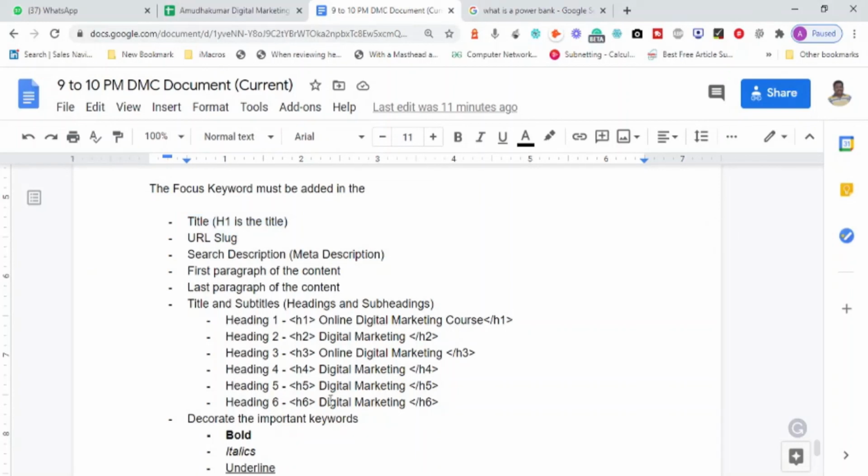Now why I'm comparing this to the beauty of a woman is because the makeup of a woman is not mandatory, that is optional, correct? It is not necessary for every woman to apply makeup. There are few women who are naturally beautiful, you don't need to apply makeup on her, correct? In the same way, there are few websites which have a wonderful content naturally, you don't need to go and optimize it, like YouTube, Quora, correct? So this is what I'm trying to say with respect to the checklist related to on-page SEO or your content.